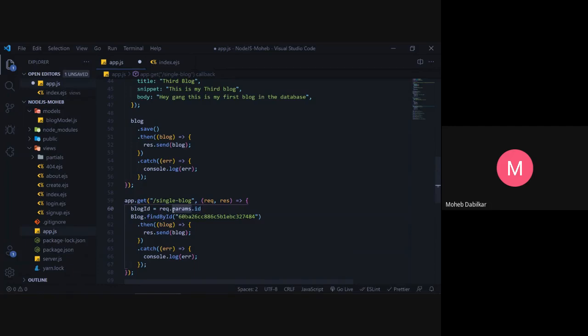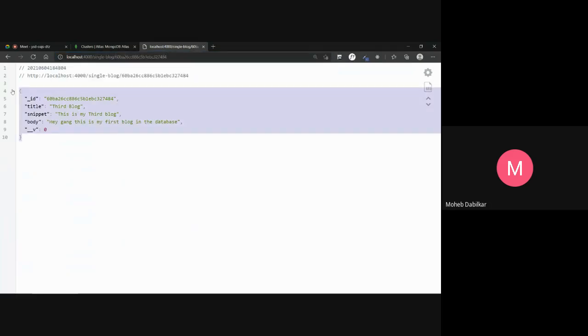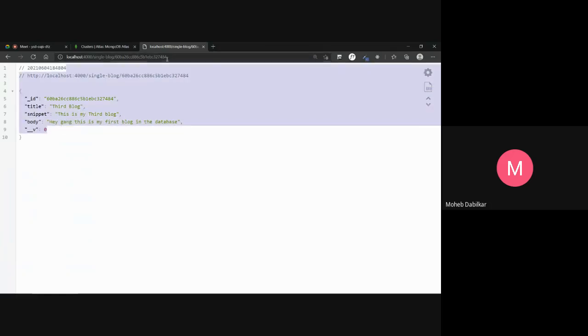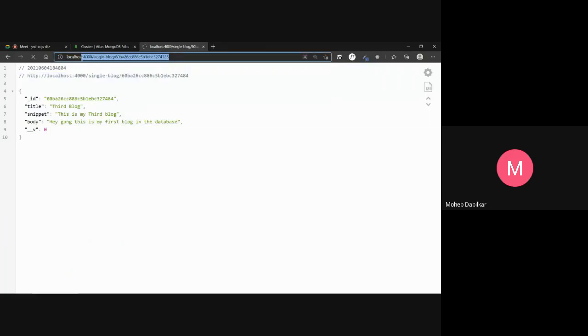These parameters are passed to the request from here. So now if we pass in blogId over here, and let me save it, you see, it sends us a response. This is a single blog, and there it is. And if you put in some wrong ID over here, it will be stuck on here.